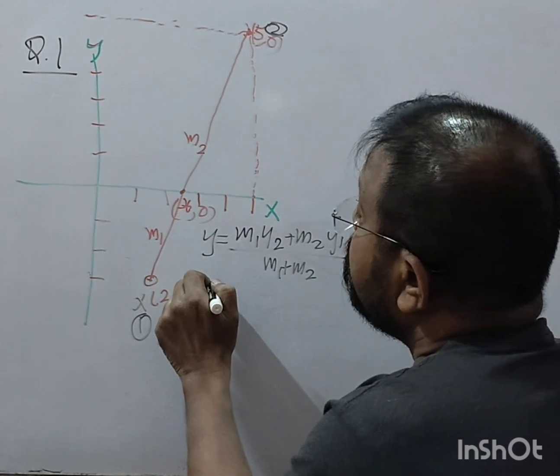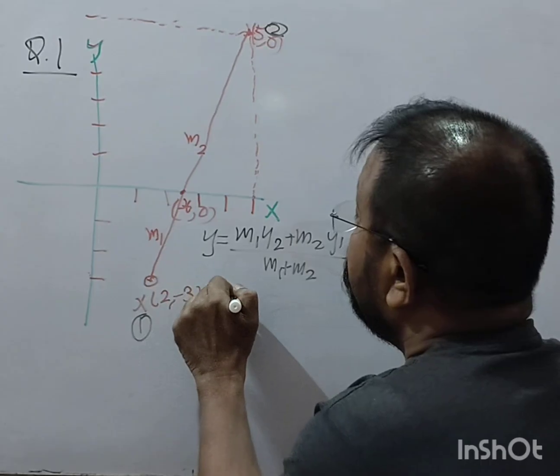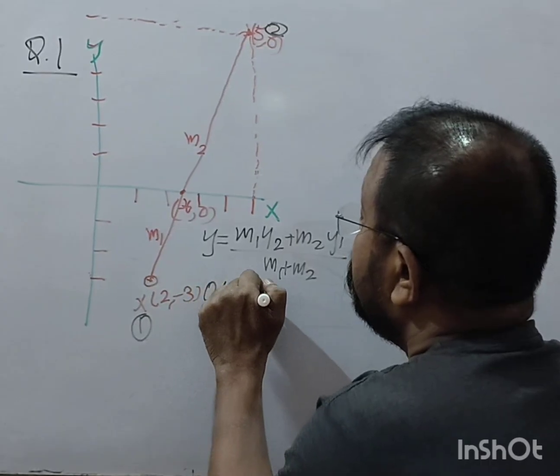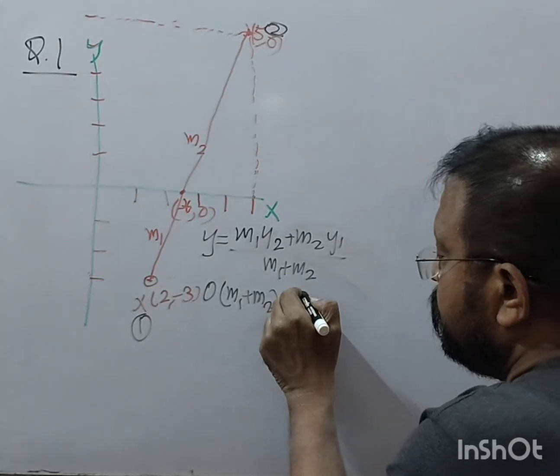Cross multiply, so 0 bracket into m1 plus m2 is equal to m1